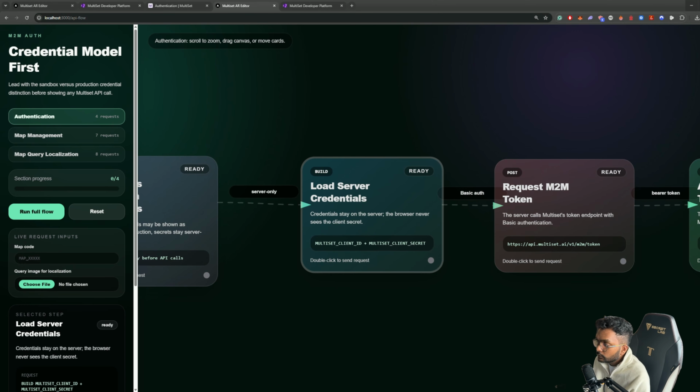And the second step is also to just reiterate the same thing, right? So on the server, we load the client ID and the client secret from environment variables or a secrets manager. Together, they identify our integration. The browser never receives these values. We are not asking front-end code or end users to guard a shared secret. This is how you would ensure that your application is secure and that we are correctly interacting with the